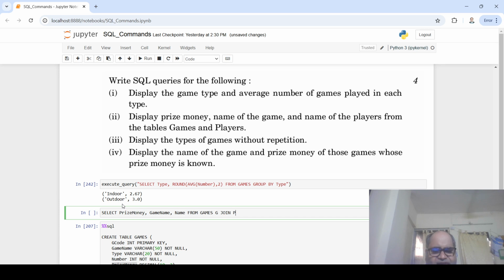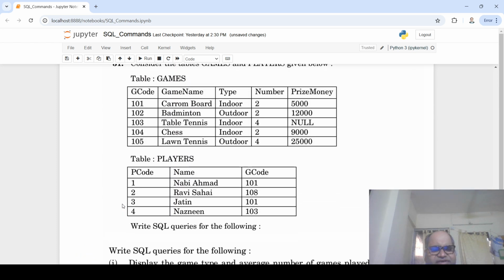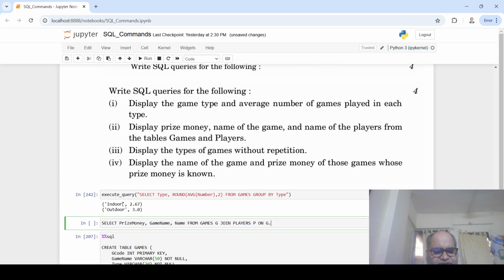join players as P on condition G dot, what is happening here? You have G dot G code, right? So G dot G code equal to P dot G code. So you have combined these two tables, right? And then what you are actually looking at: prize money, game number, and name column, right? Let us see if you can execute this query. And so this is one of your first join related things, right? You have to pay good attention to this,